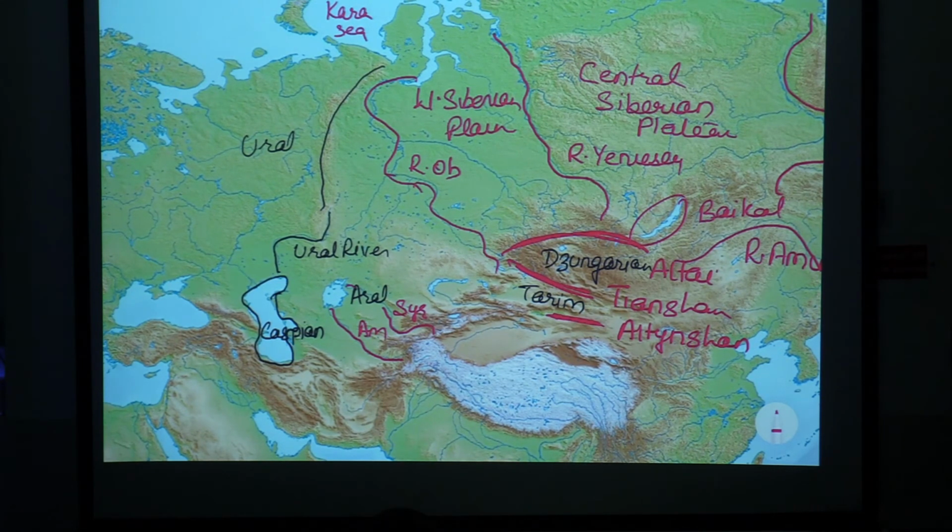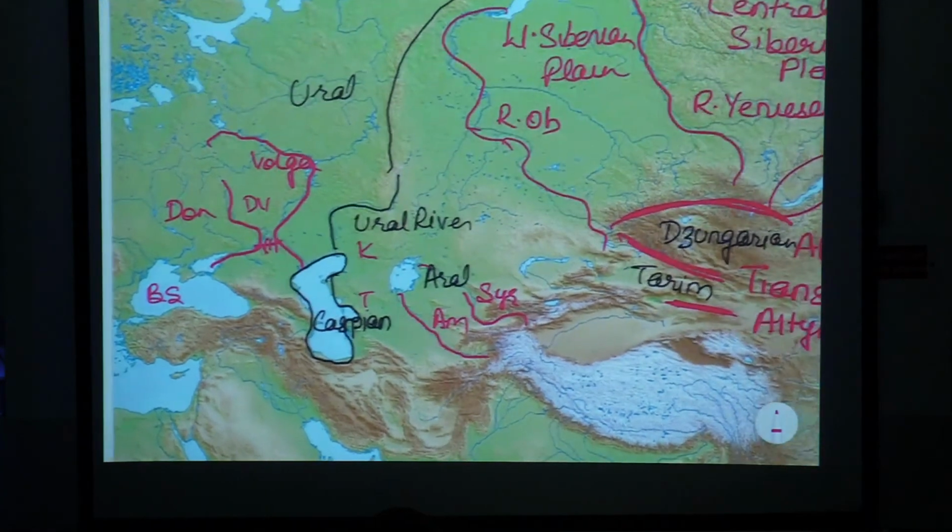And please have a note, this is what I talked about. This is mouth of river Volga. This is river Volga and this is river Don. So Volga river, it is in Europe. I have talked about it earlier and this is river Don. And here we have got the canal that is called Don Volga shipping canal. So if Kazakhstan and Turkmenistan have got shoreline with Caspian, with this link canal they can easily go to Black Sea.